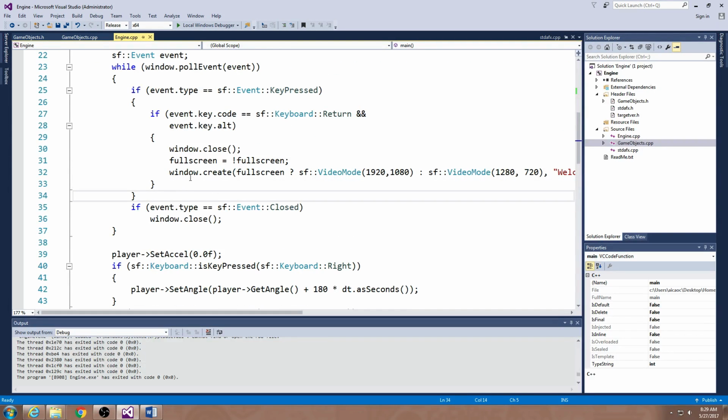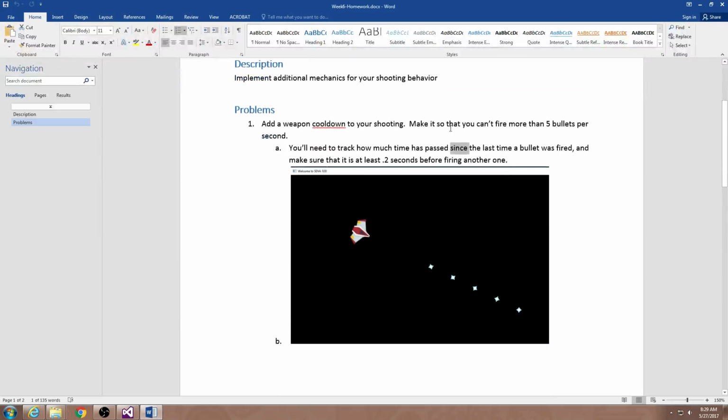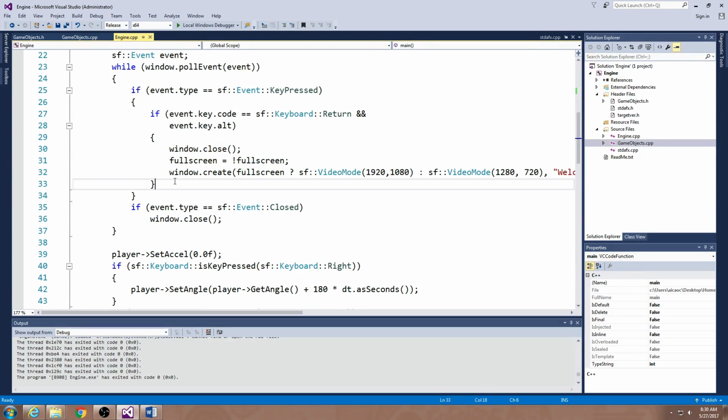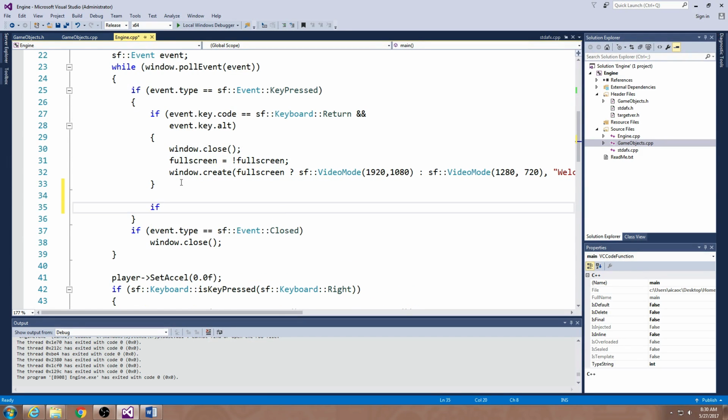Now, there's a few ways you can do this. I want you to be able to press and hold the button, but you can't fire more than 5 bullets per second, which means that you have to at least wait 0.2 seconds before firing another one. Okay. So here's what we're going to do. Originally, I had this set up like this, which is